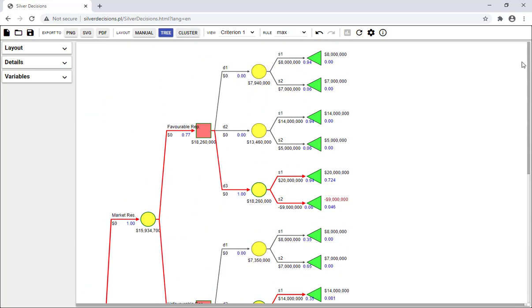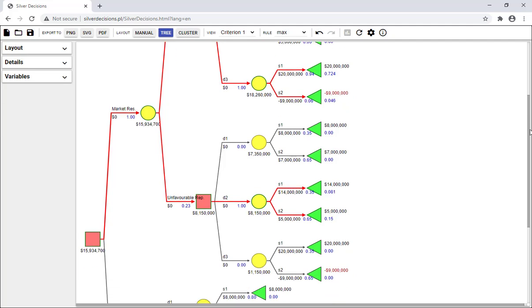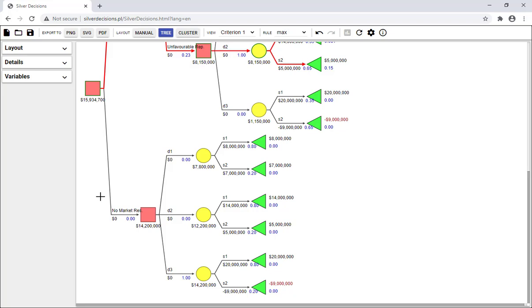Looking at this tree, once we've got it created, what we should find is that there's a certain spot in this diagram that's going to refer to the same thing under three different names. And that spot is the branch that we've chosen to go where we're not getting the market research. Going down this road where we're not getting the market research, this $14.2 million is the expected value without sample information. We've chosen not to get the sample. 14.2 million is our